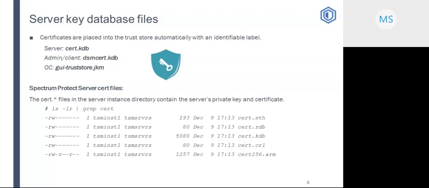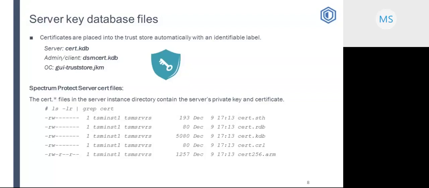CRT.KDB is the Spectrum Protect server key database file and DSMCRT.KDB is the client database file, whereas GUI-truststore.jks is for the Operation Center. All these server CRT files are stored in the server instance directory and contain the server private key and certificates.